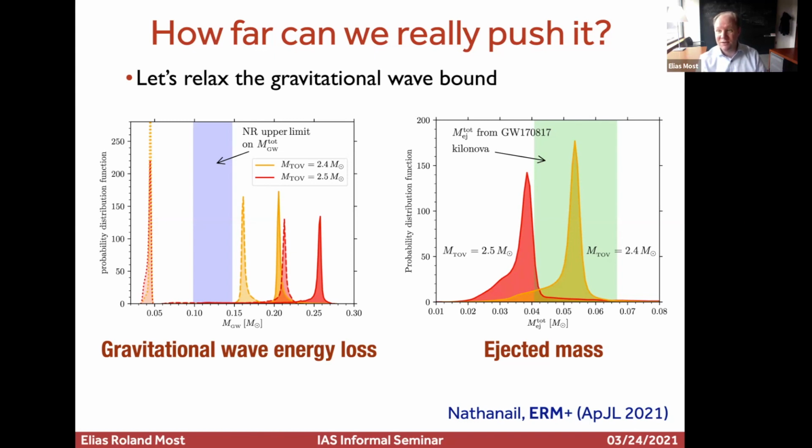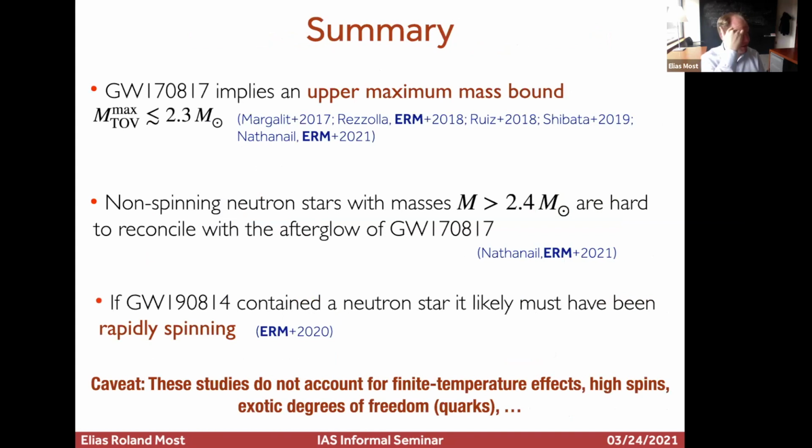And so that would tell you that even if you want to raise that limit, you would still need rapid rotation to some degree in order to explain the 1908-14. That puts the two observations at odds. And what it is telling you is that maybe you don't have a neutron star in 1914. That would be my personal conclusion. But I'm happy to discuss this further in the discussion session.